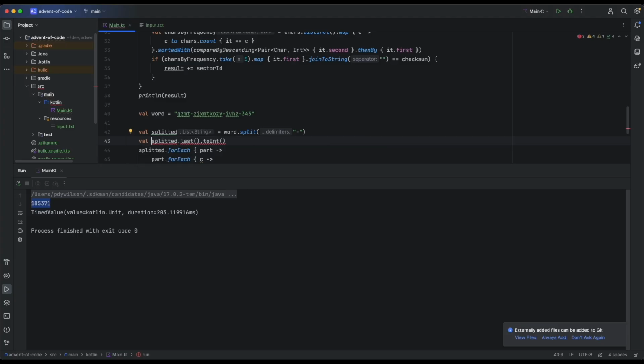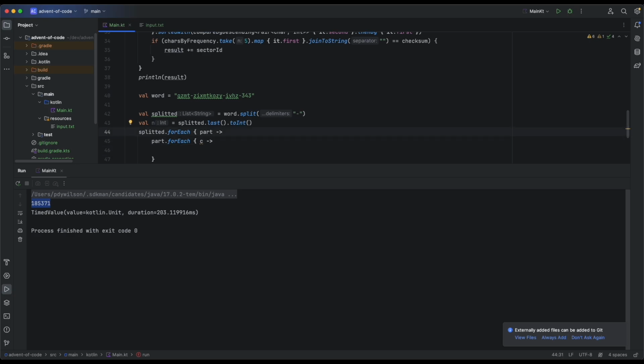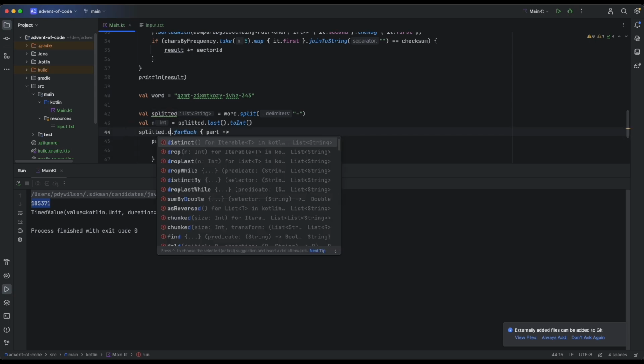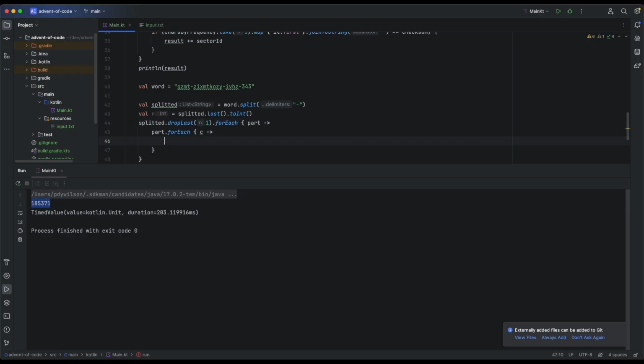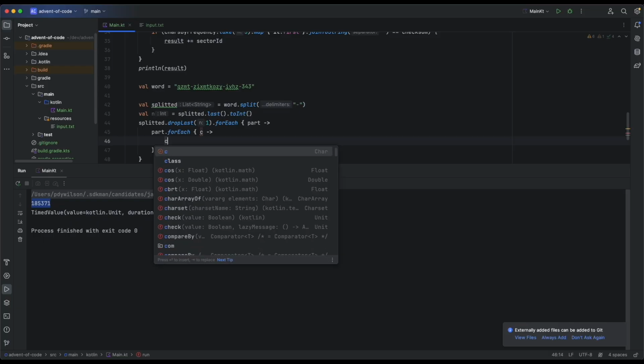It's a number n or something. And then we don't need the last one then. And then we can rotate each letter, which